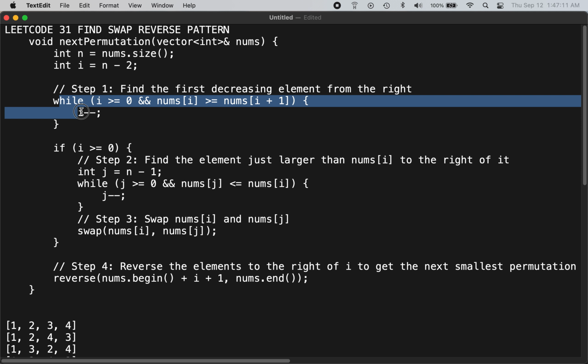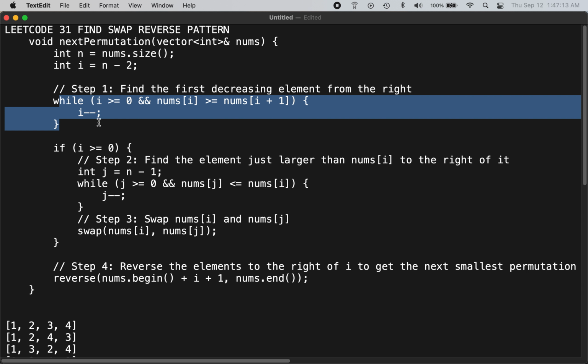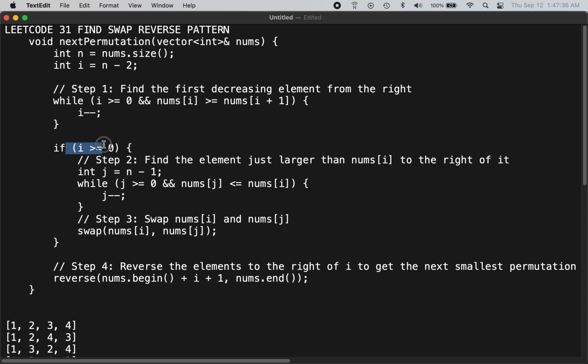In this loop you move left while the current element is greater than or equal to the next one, meaning it's still in non-decreasing order from the right. Once you are done with that, you proceed. If you found such an i, in our case it was at 0,